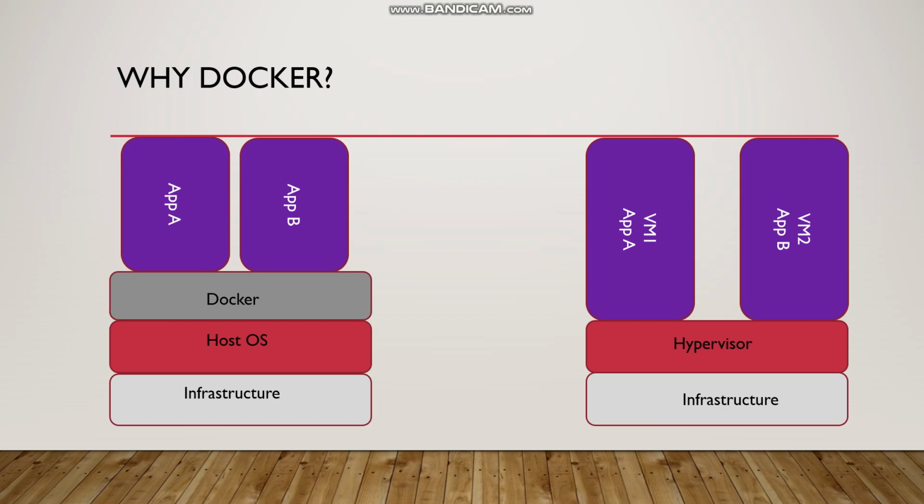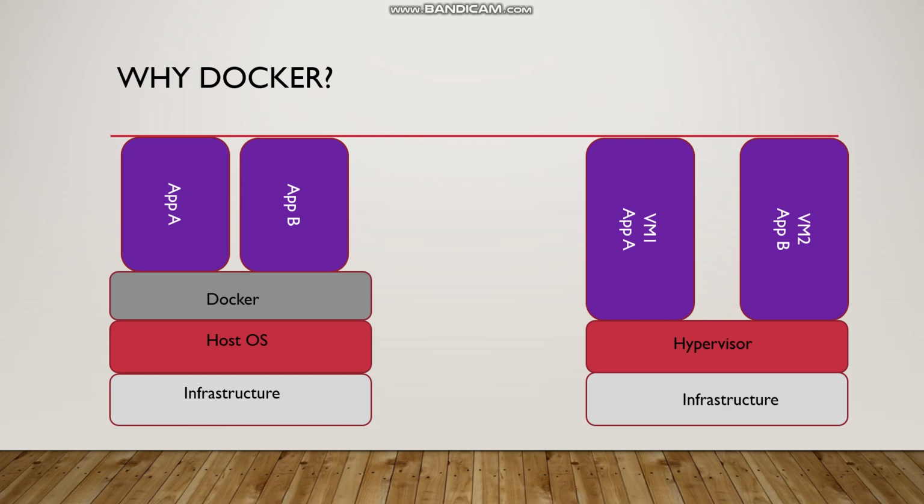This is the fundamental and most basic use of Docker, that it saves a lot of space as well as a lot of memory. How does it stop memory wastage? When you see on your right hand side, each VM has an individual OS, so each OS needs individual memory to run. While on the left hand side, there exists only a single host system, which will consume only the memory of a single operating system.